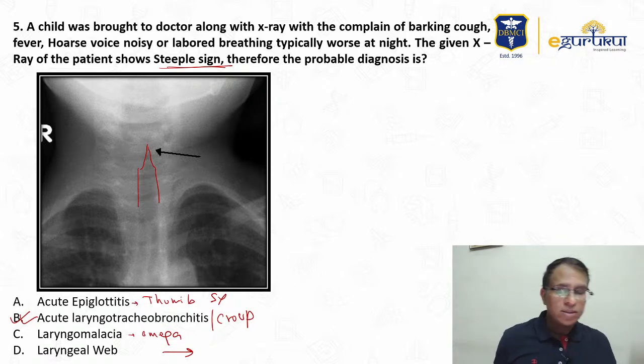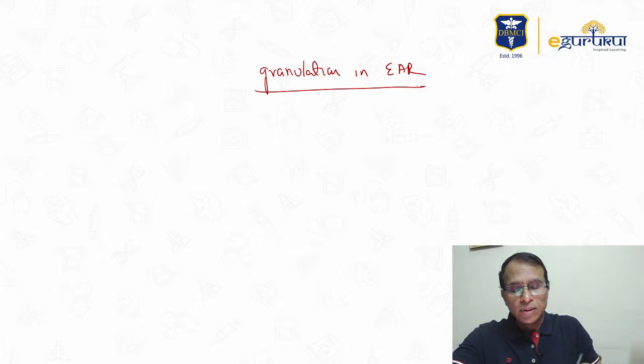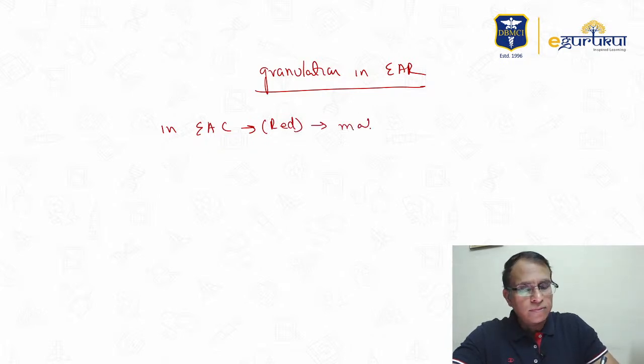Talking about granulations, Ganesh, you answer your question. Talking about granulations in the ear, granulations in the external auditory canal, doesn't matter what the color is, it is usually red in color, of course, is diagnostic of malignant otitis externa,